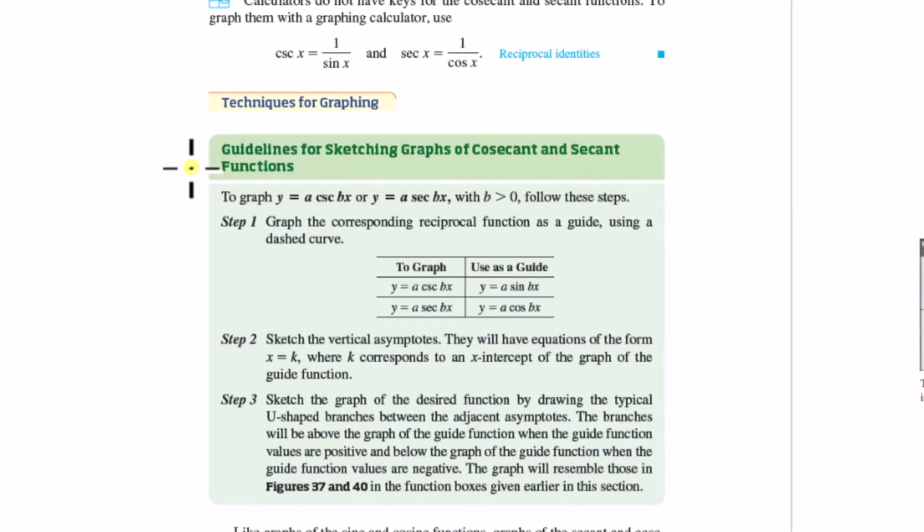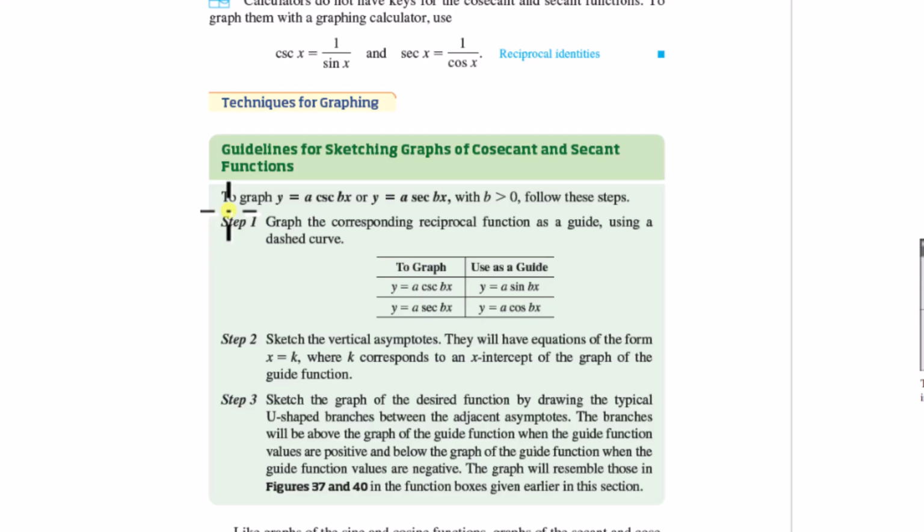Okay, guidelines for sketching secant and cosecant. Yeah, to me, we're just going to, like they said, get the asymptotes. Figure out where the period's going to be stretched or shrunk. So figure out how the period has changed from 2 pi. Then if there's any horizontal shifting, see where